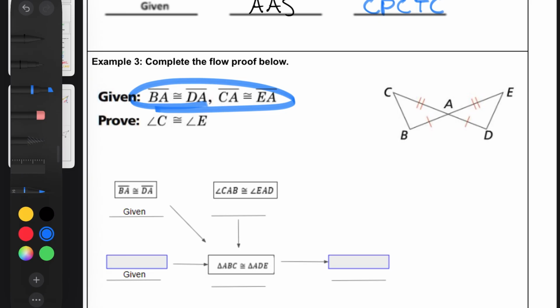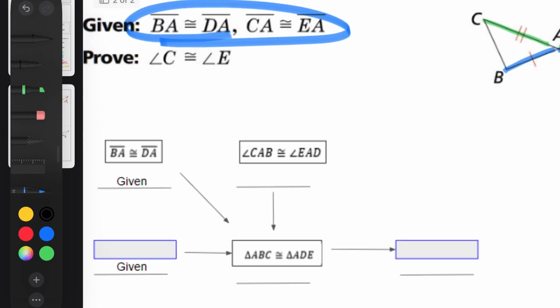So I am going to make sure the diagram shows this. So BA is congruent to DA, and that's marked. We also have CA is congruent to EA, okay? So we need to prove that angle C is congruent to angle E. All right, so